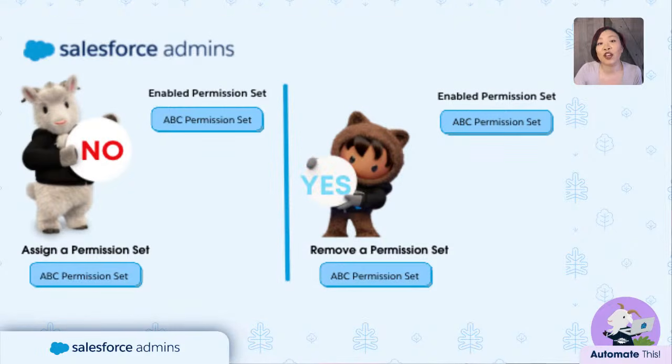All right, so your automation or flow needs to accommodate for those UI restrictions that I just covered, or else your flow will fail. So before you could assign a permission set, you need to ensure that the user is not already assigned to that permission set. And because the user is already assigned to the permission set in our image here, Cloudy says no to flow. And before you could remove a permission set, you need to ensure that the user is already assigned to that permission set. So since the user already has that permission set in the image, Astro tells the flow it could remove the permission set.